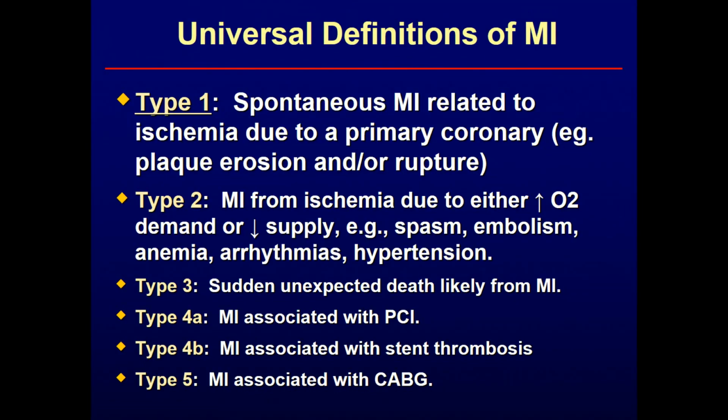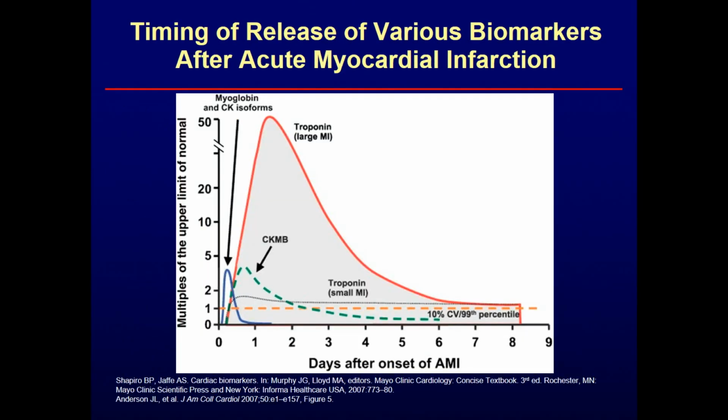But to summarize, we're really focusing in this talk on type 1 spontaneous myocardial infarctions. Now, biomarkers really are a key aspect to the evaluation of patients with suspected ischemic chest pain as well as acute myocardial infarction. And you can see there are the different